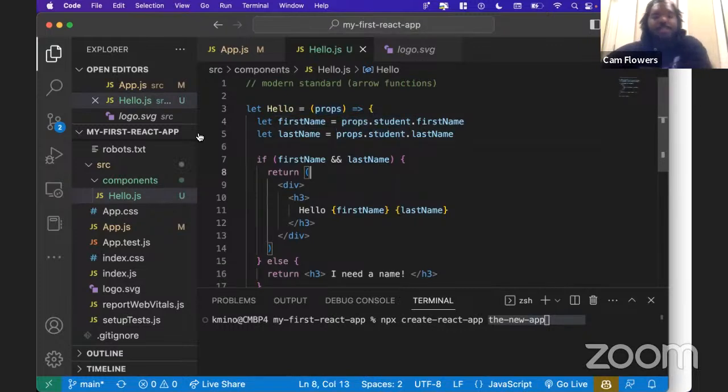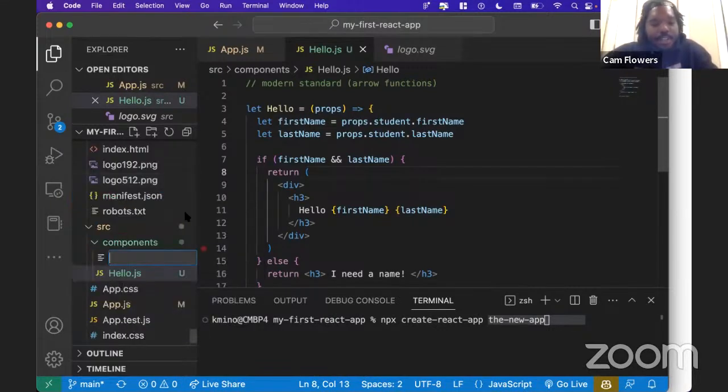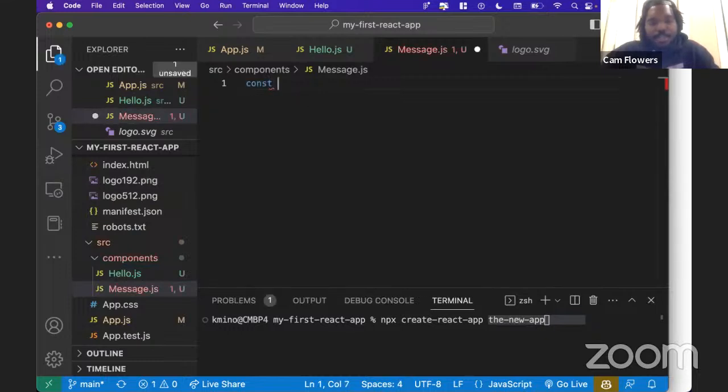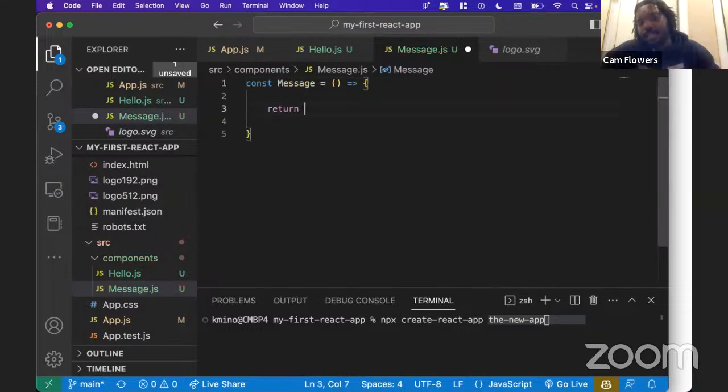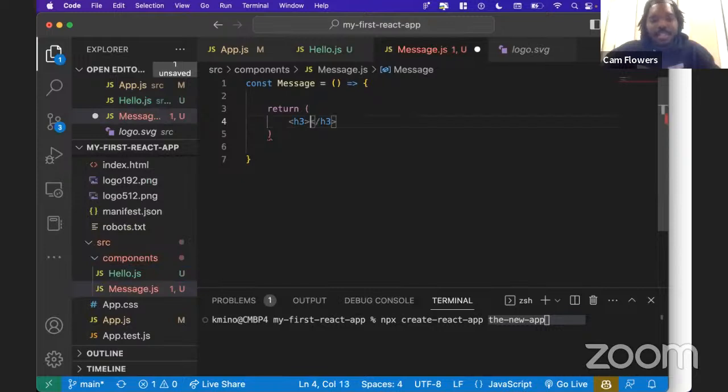So if I had a new component in here, maybe message.js, a new component. The first thing I want to do is create a new component. So I'm just going to say const message equals a nice little function. Remember, all components are meant to return something. So in this case, maybe this component is just a message and it just says